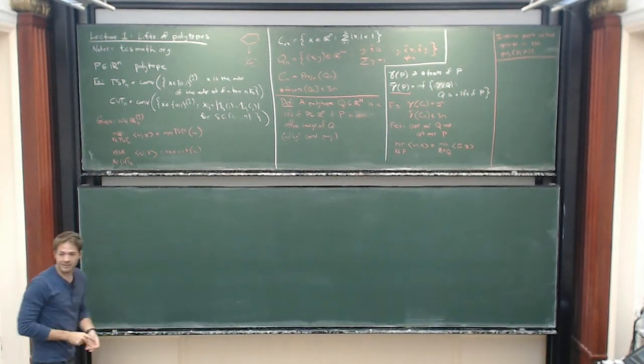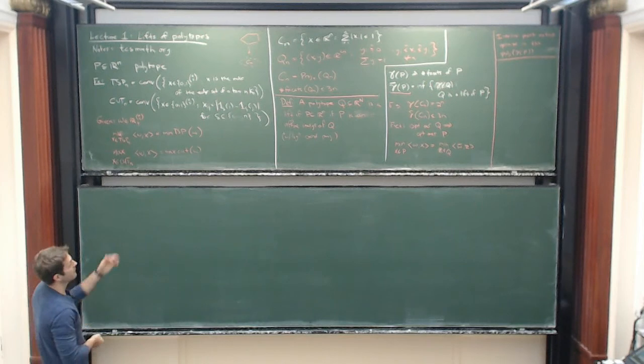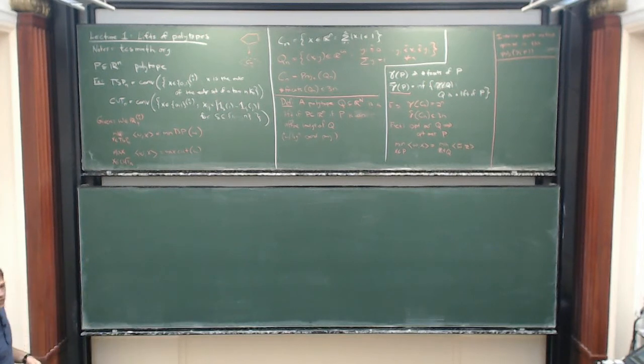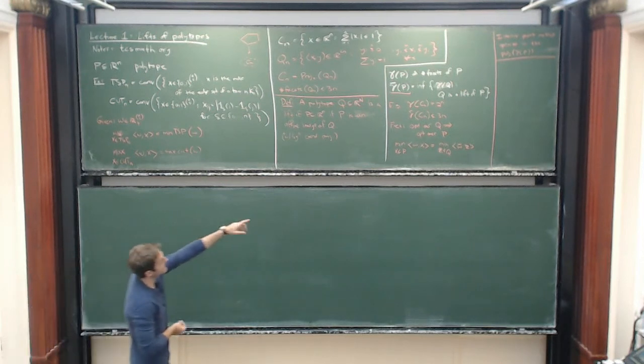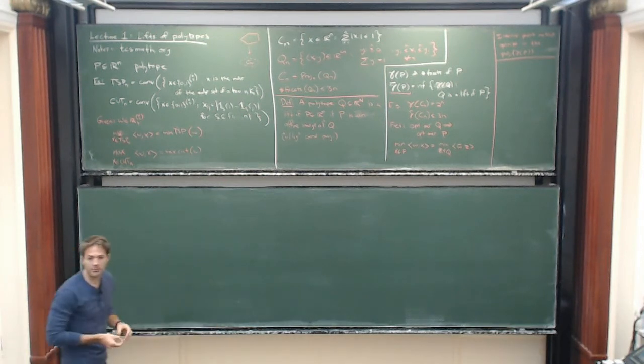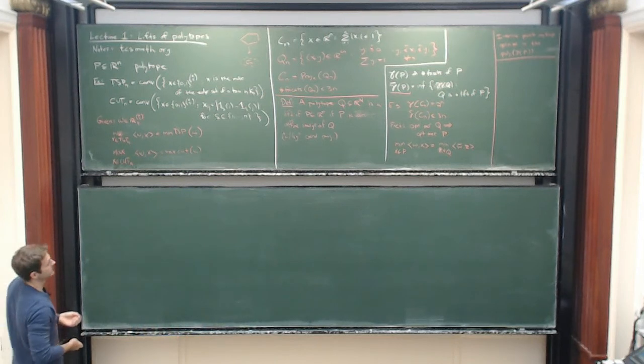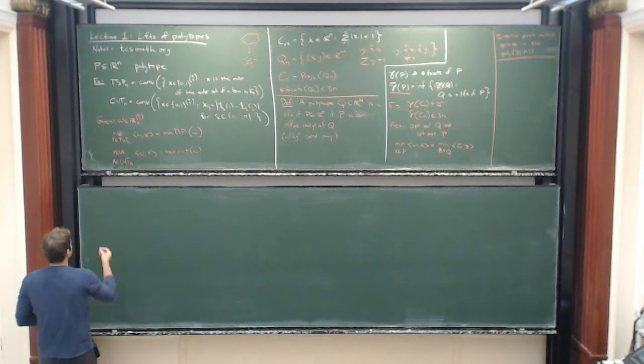Okay. So this is the basic setup. It's very simple. You have a polytope. You ask, is the polytope the shadow of a simpler polytope? And our measure of complexity is the number of facets, so the number of inequalities you need to define the polytope. Okay, so here's one more example,